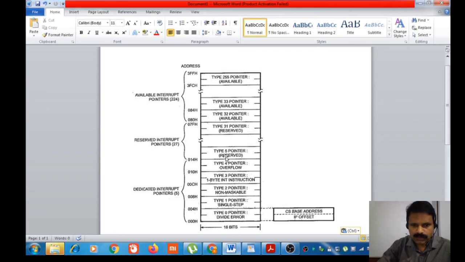So in DOS interrupt 21H, the function number 4CH is the routine to terminate a program. Its input requirements are AH should be loaded with 4CH and AL should be loaded with the return value. So that is why we are doing AL equal to 00 and AH equal to 4CH.